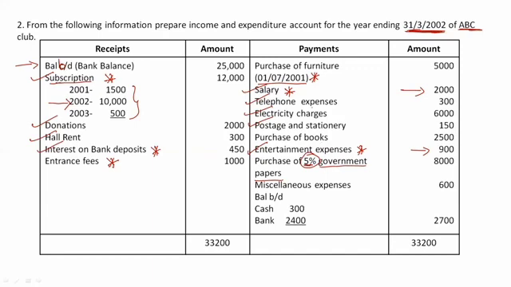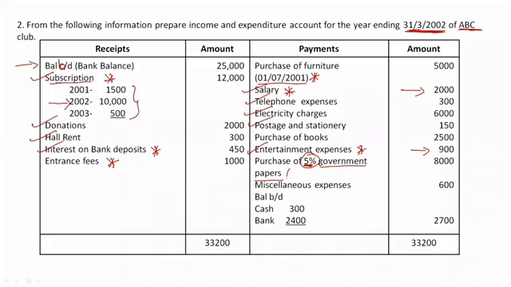So what we need to do here, we need to charge interest. Now, purchase of government paper is my investment, it's my payment, but I'm receiving interest in return. So it's my income, it's not my expenditure. I will take it in the income side as interest on government papers.